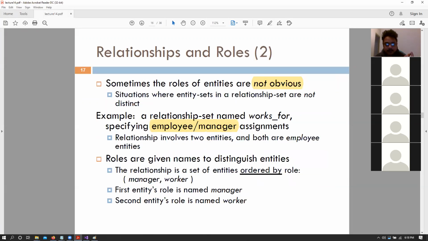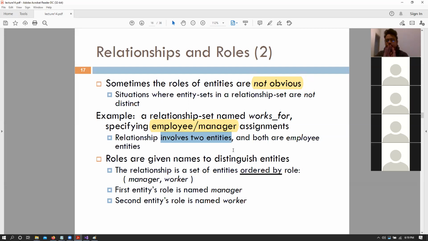Let's see if I have that example. Yeah. So sometimes they are not that obvious. So for example, the employee manager relationship, right? Where a manager is also an employee, but also managing other employees, right? So that relationship can be named as works for, but it is not that obvious as to what the relationships are, right? I mean, so what are the rules? So essentially we can say that this relationship involves two entities. Well, in this scenario, just one entity, right? The employee entity, but it is basically related to itself because the manager is also an employee.